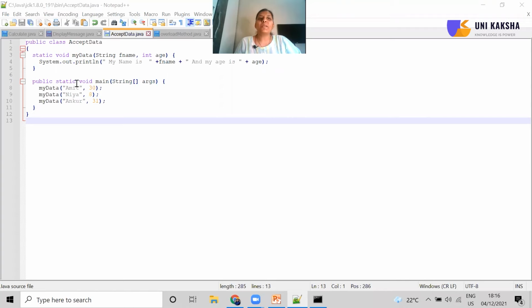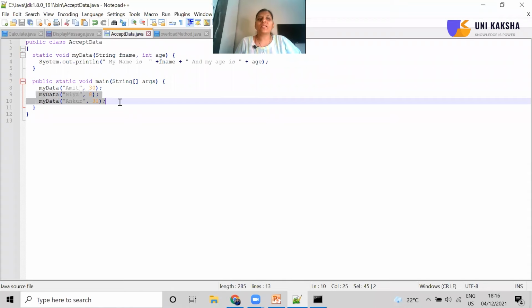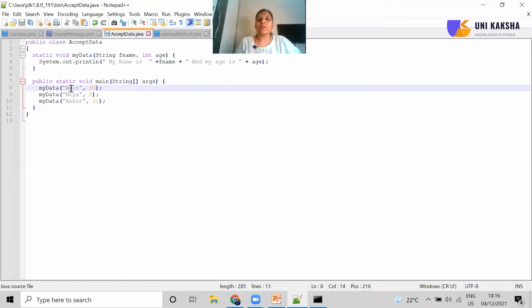Now here I have called the method in the main method of my Java program, and I am going to pass the arguments. The sequence of arguments must be the same as the sequence in which you have passed them here. This is how it can be done. Now, when you execute this, these values will be passed to this particular method as arguments, and it will return the result as you want.